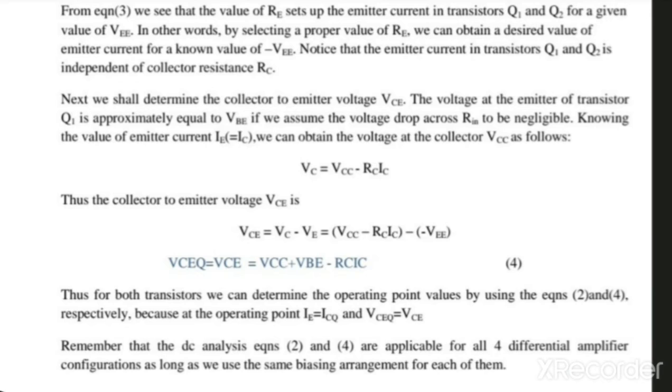Now we have to determine the collector to emitter voltage VCE. Let us assume that the voltage drop across R input is negligible and the voltage at the emitter of transistor Q1 is approximately equal to the VBE. The voltage at the collector